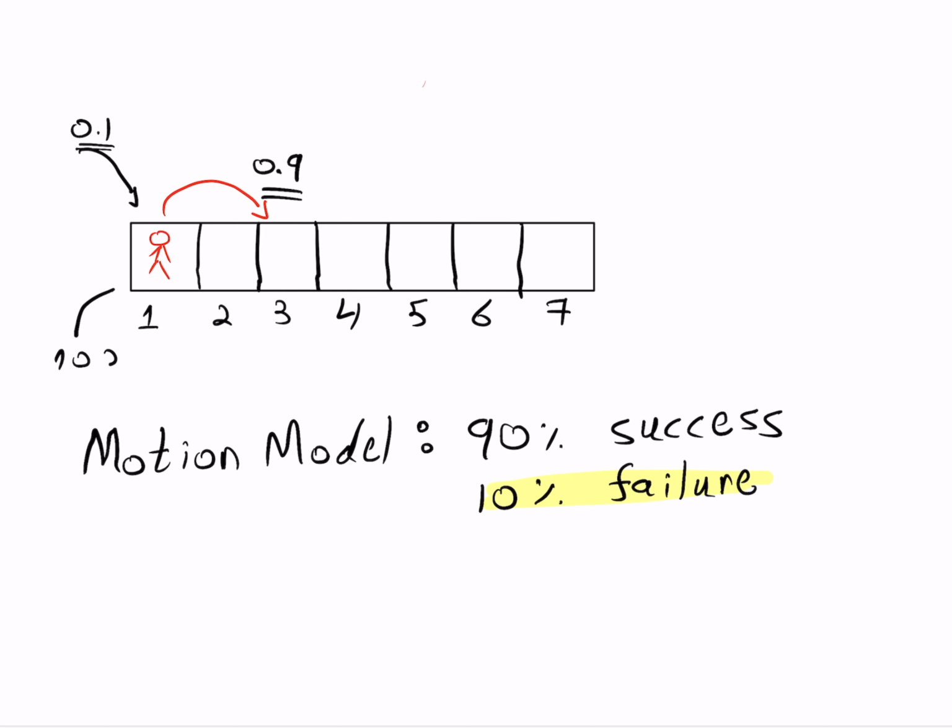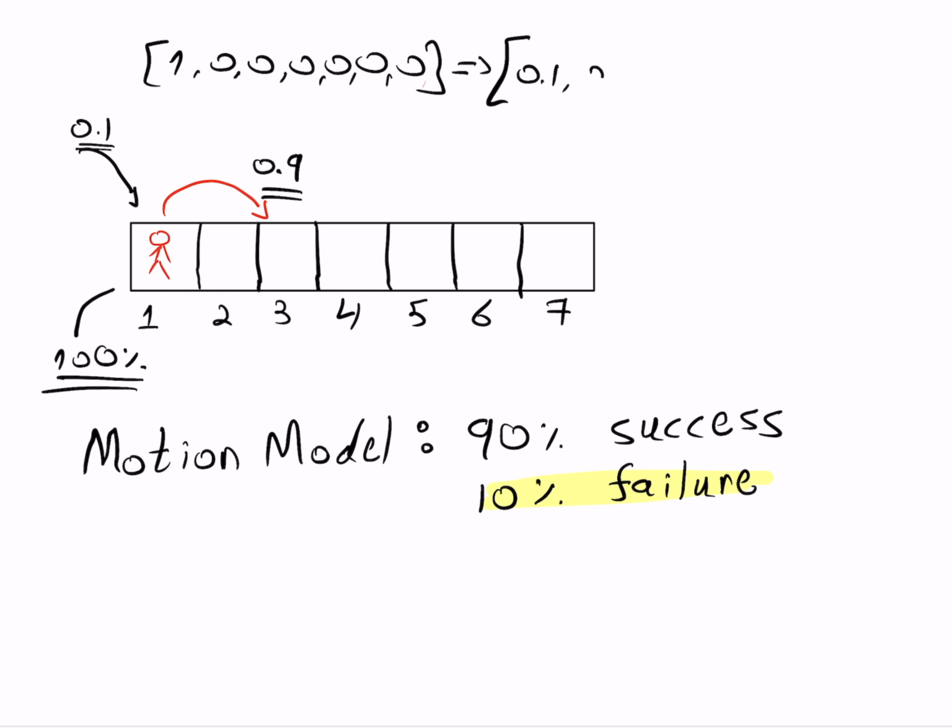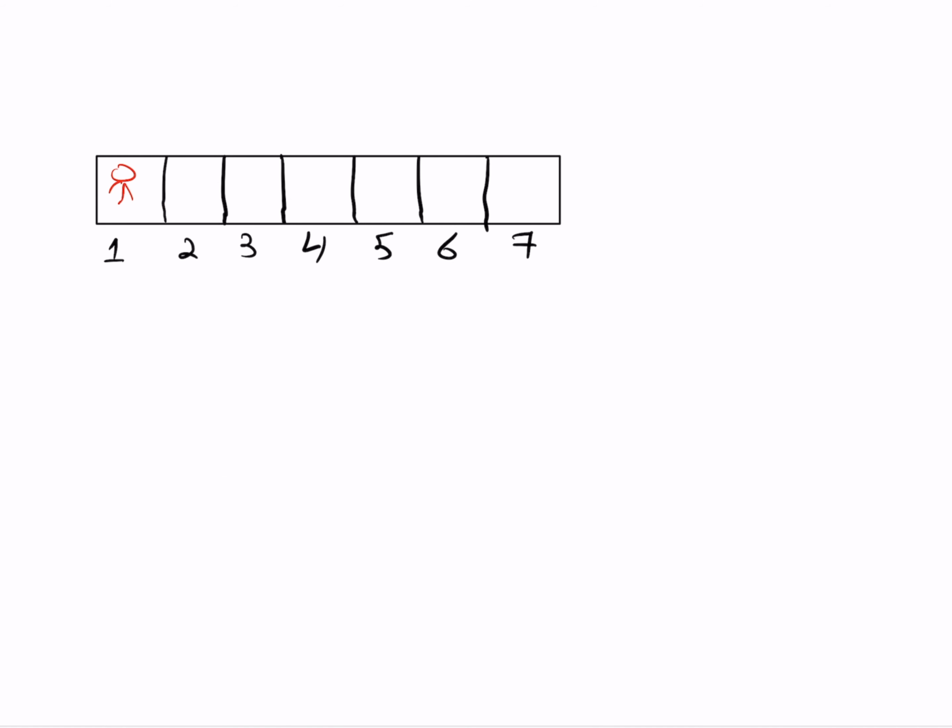Now if you think about it, I started with 100% certainty. I knew that I was at bin number 1, therefore the initial distribution was 1, 0, 0, 0, 0, 0. But now I can be either at bin number 1 or number 3. Again, motion always adds uncertainty to the system. If I repeat the process once more, it will be even stranger. So let's assume that I moved 2 bins and then I moved 1 bin. So the total movement was 3 bins.